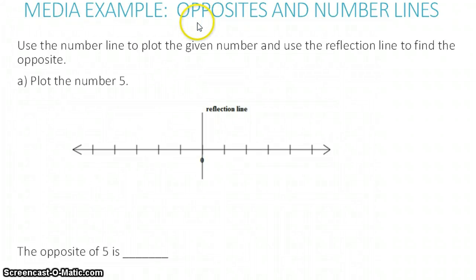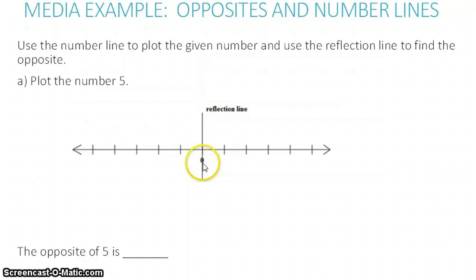In this example, we're going to use number lines to find opposites of numbers. Use the number line to plot the given number and use the reflection line to find the opposite. So first we're asked to plot the number 5. So notice there's a reflection line given because when we find an opposite, we reflect the number about this line